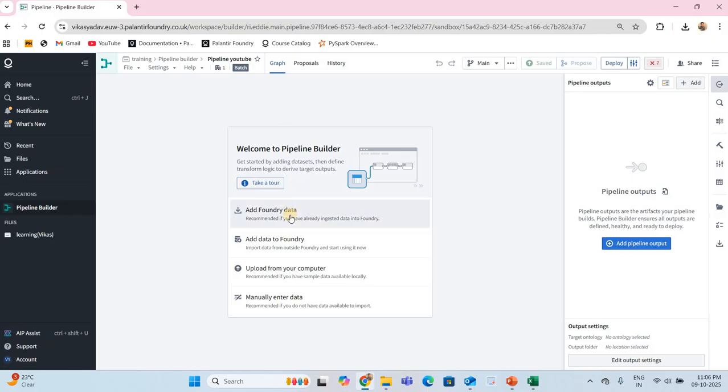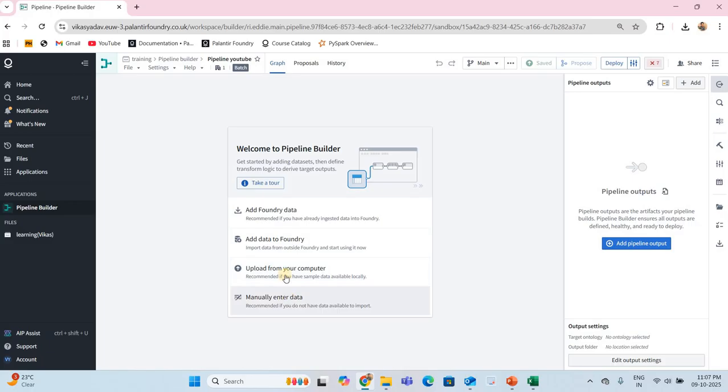Now after creating the pipeline, it is asking to add data here. What options come up to add the data? Let's take a tour. Add Foundry data: if any data is available inside Foundry, we can select it from here. Add data to Foundry: import data from outside Foundry and start using it now, from outside like AWS, Azure or any cloud service.